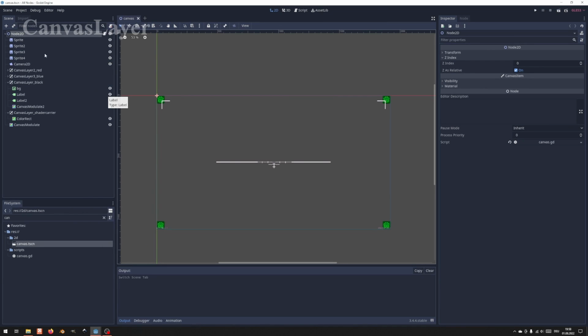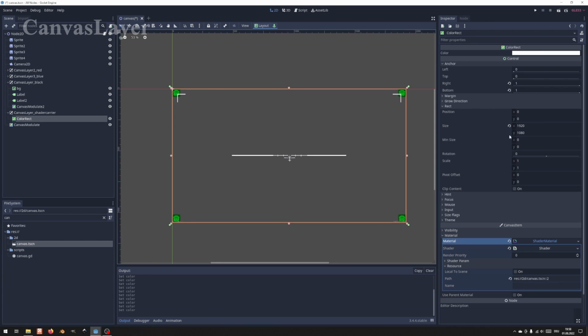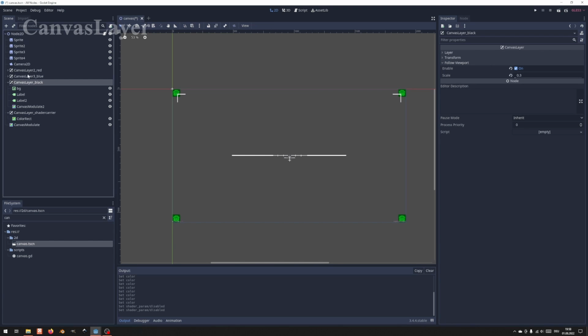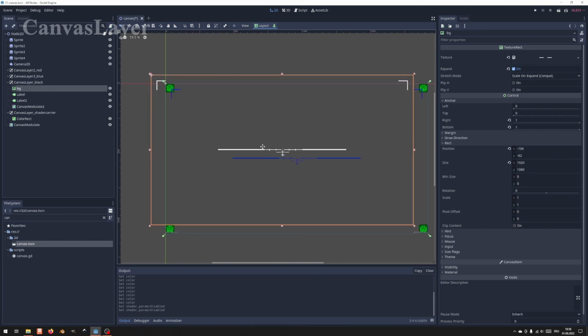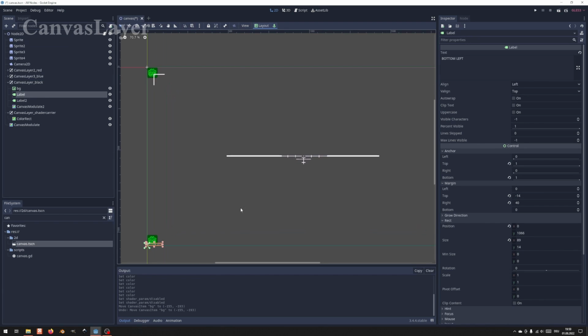To show you the canvas layer, I have set up this test scene. I have 4 sprites, one in each corner of the screen, and one camera that I can move with my keyboard. I have 4 different canvas layers, one which only has a color rect that has a mirrored shader, and 3 which all have one background, and 2 labels which are anchored on the left bottom and the right bottom